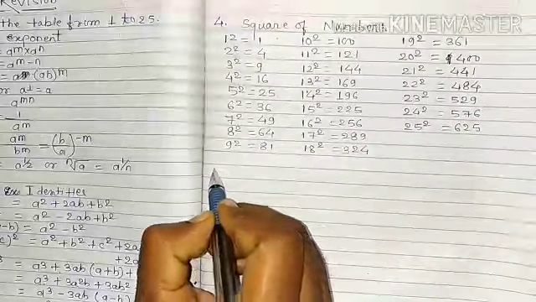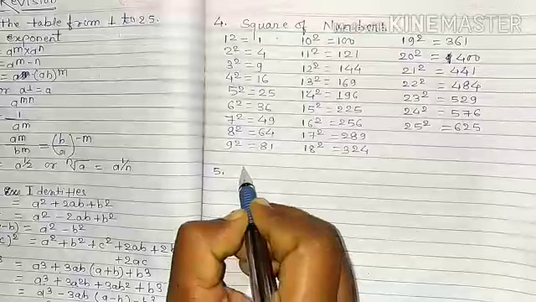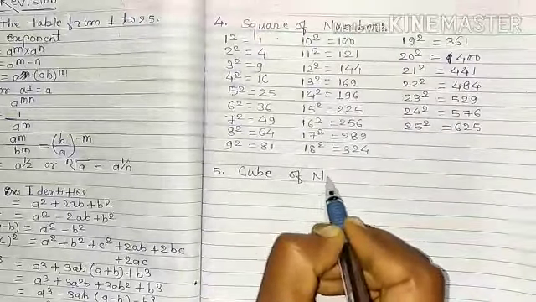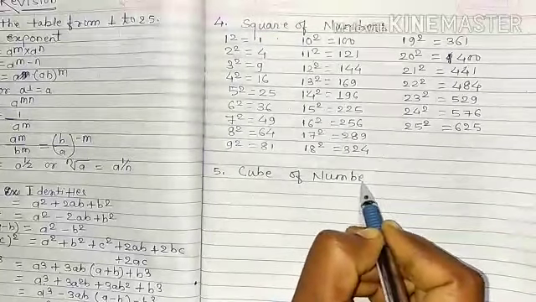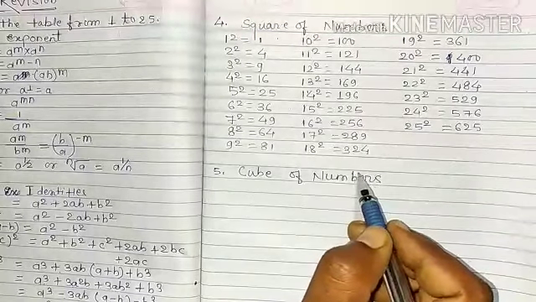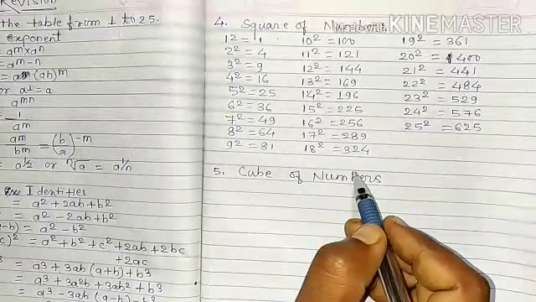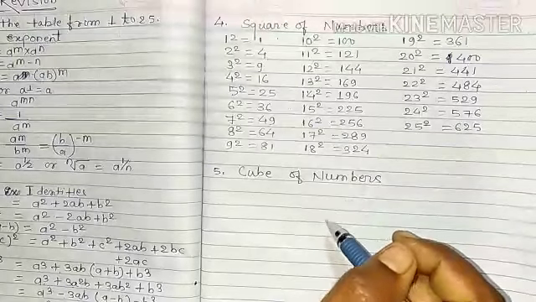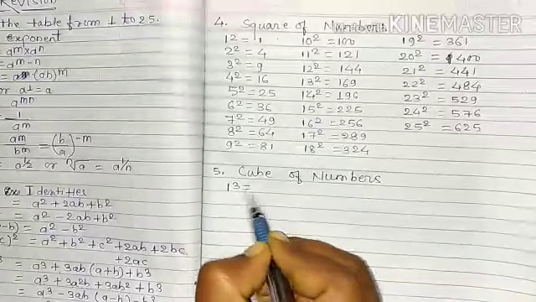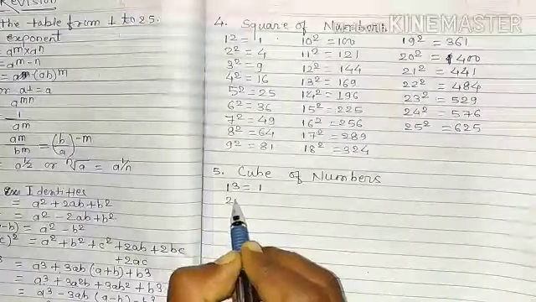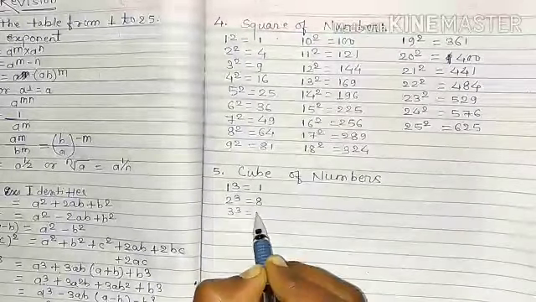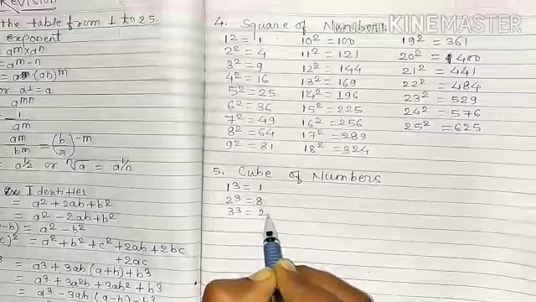And fifth, cube of numbers. Also, all students, remember the cube of numbers from 1 to 11. First, 1 cube equal to 1, 2 cube equal to 8, 3 cube equal to 27,